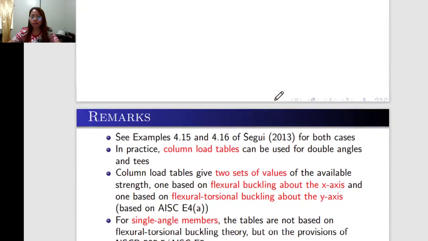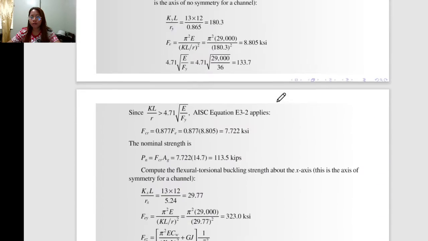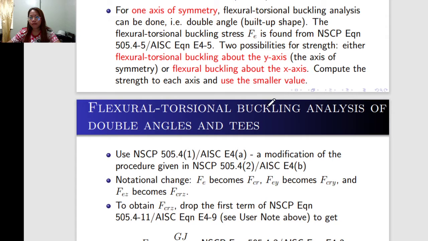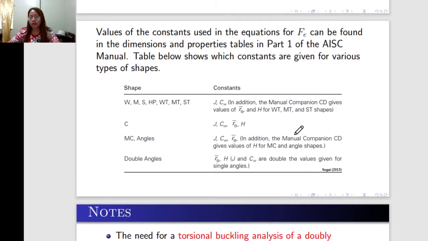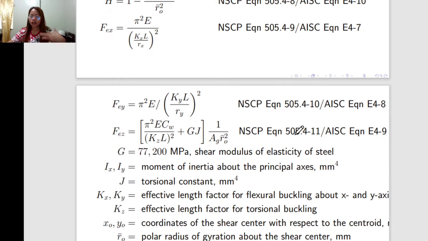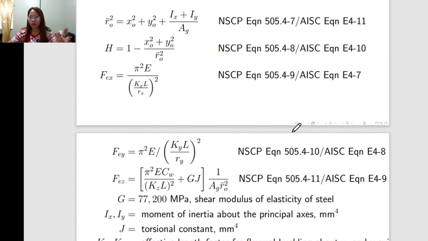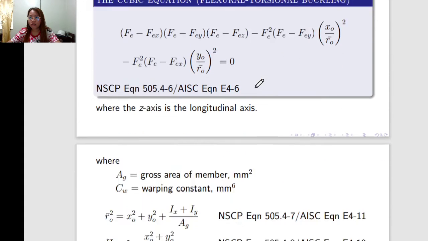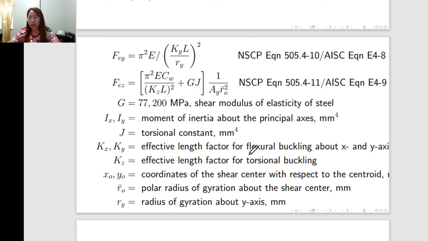So again, we will not go deeper with this flexural-torsional buckling analysis, because with a lot of information, it is better that you take it slowly. It has many formulas, which is nice for you to know, and we will discuss it, but